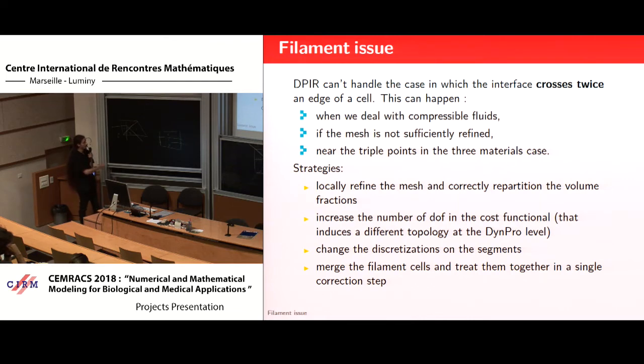But this is something that is hard to implement in a general dynamic programming algorithm, because you consider the structure as an n-dimensional array. Okay, so we also plan to change the discretization on segments in order to impose a first pass through only a part of some edge. But the idea we implemented finally was a combination of mesh refinement and